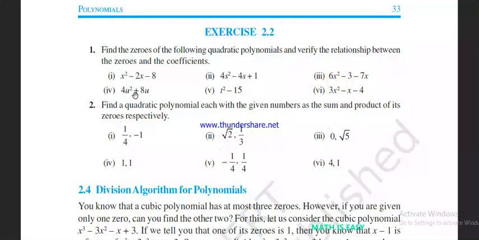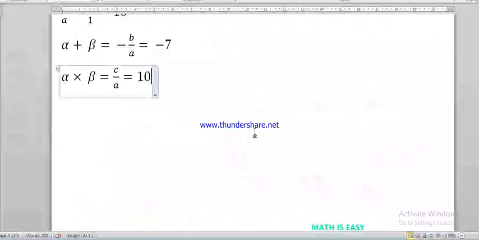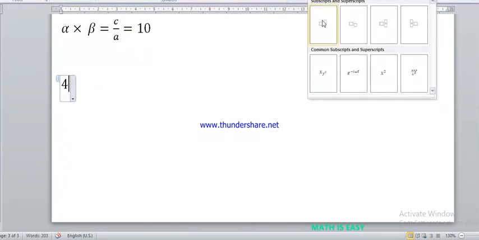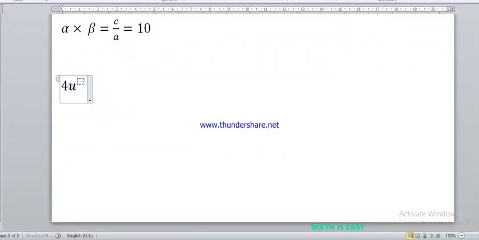Now for example, here you have 4u square plus 8u. So if you want, I'll help you to split the middle term. Here you have 4u square. The variable can be anything, u, v, plus 8u. This is what they have given, right? Here I don't need to use splitting the middle term because I don't have a constant term. So directly you can take 4u common from both the terms. If I take 4u common, you will get u plus 2.